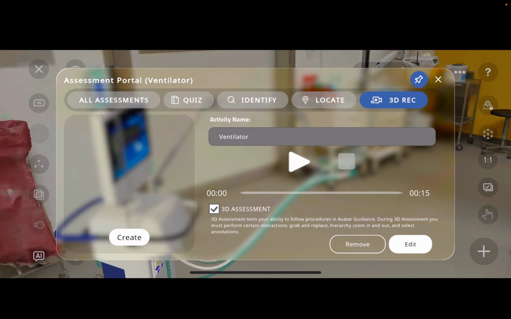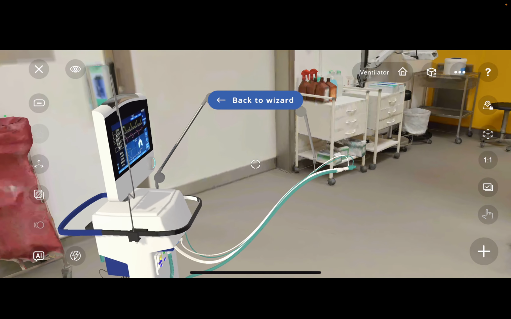Yeah, so that was a simple standard operation procedure. I can also start with interactions. So for example here, let's say I want to do some